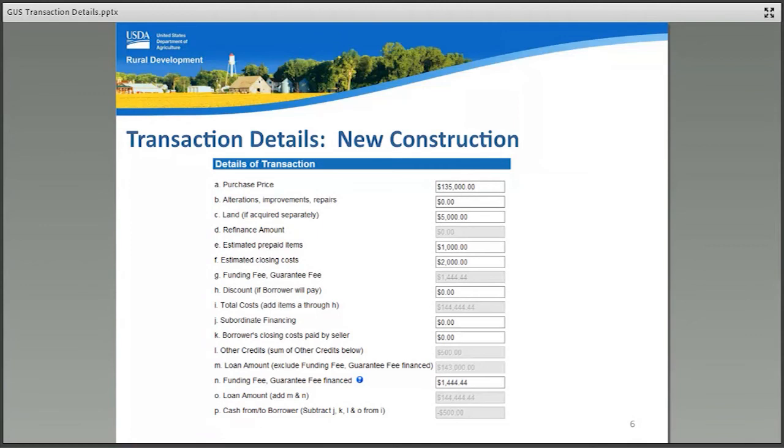This slide displays an example of a new construction loan. Notice the land value may be entered. This would be either the cost of the lot or the remaining balance of an existing lot loan. Users may not enter the original purchase price of the lot or land in an effort to give the borrower back cash at loan closing.